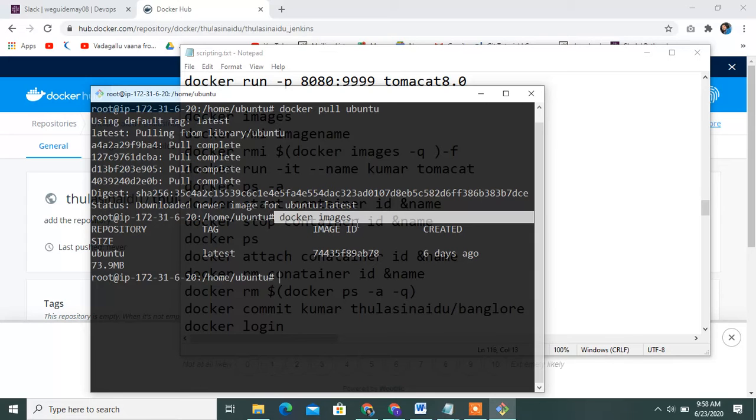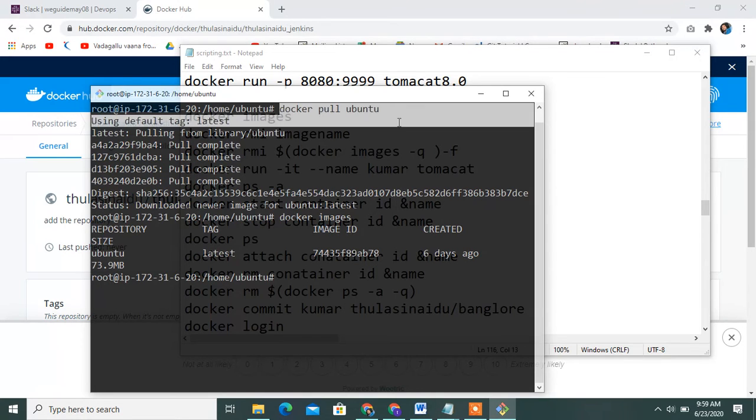Definitely I will do it tomorrow. First of all, how to pull manually: docker pull ubuntu.